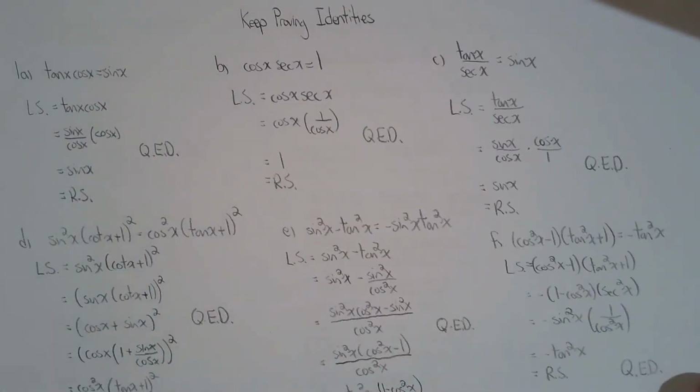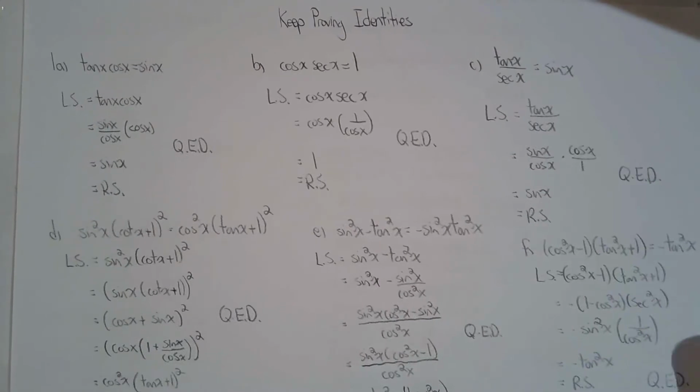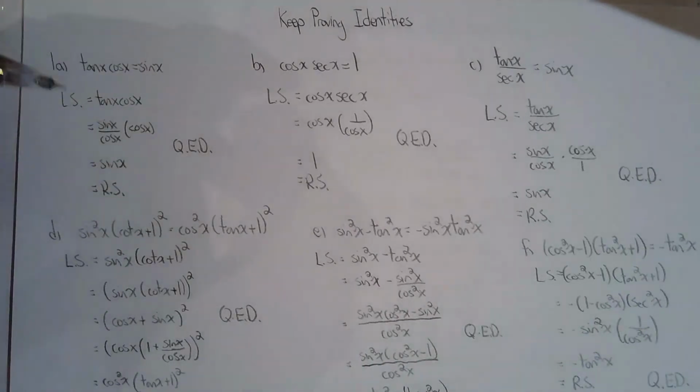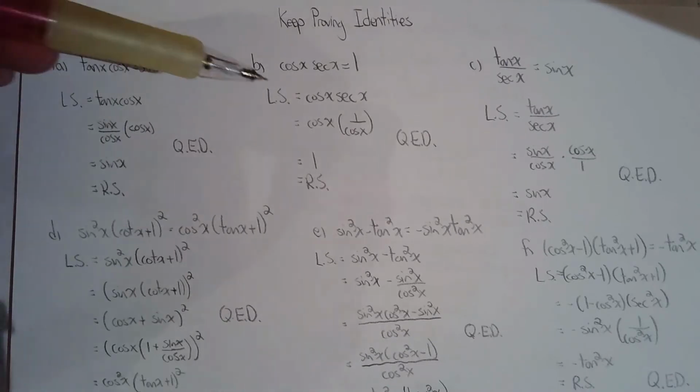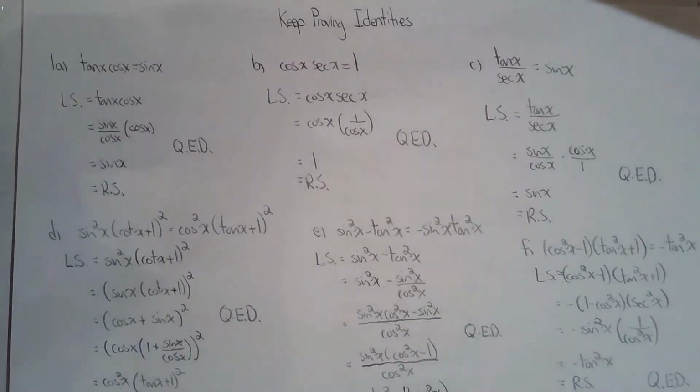So like I said, the first few are really grade 11 trig identities. So like 1A is really grade 11, 1B is grade 11, 1C is grade 11. So I'm not going to spend that much time on A, B, and C. In fact, it's still grade 11. I'll tell you when it's a grade 12 trig identity. So 1D,